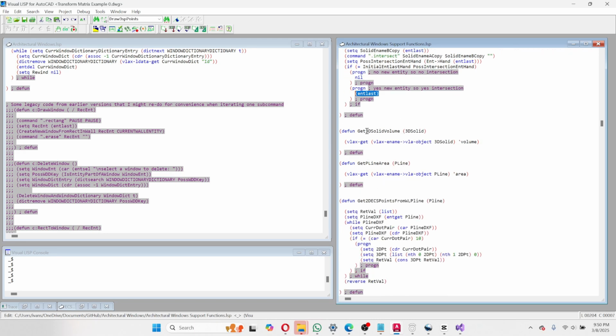Now, get 3D solid volume does just that. It gets the internal volume of a 3D solid object. That's used to figure out how thick walls are in the program. And it uses the VLAX get function. What the VLAX get function is, it stands for Visual Lisp